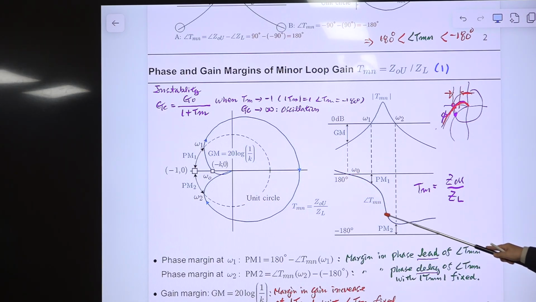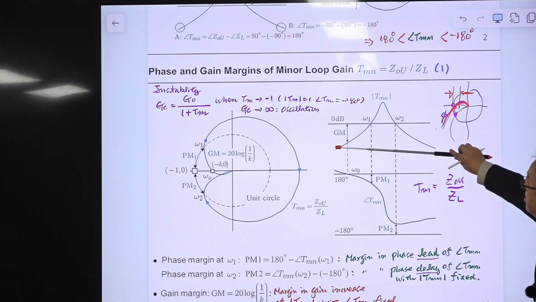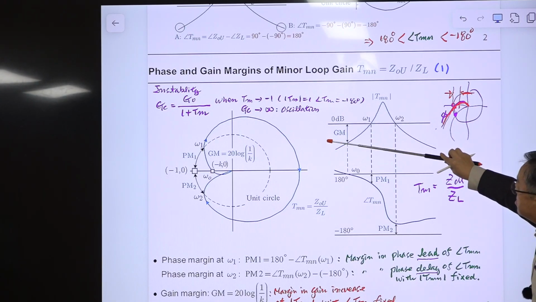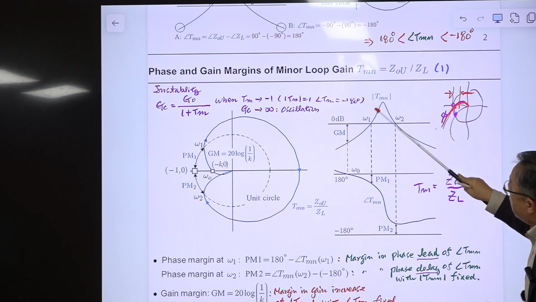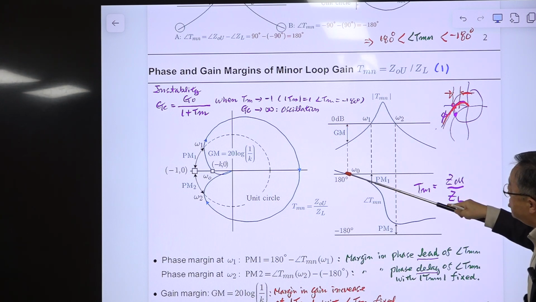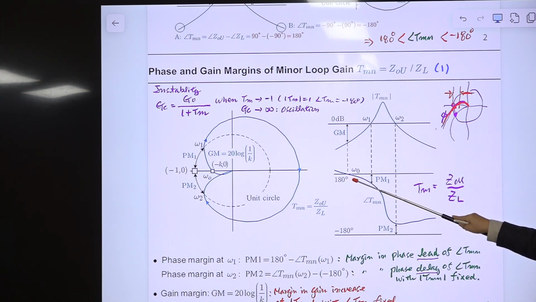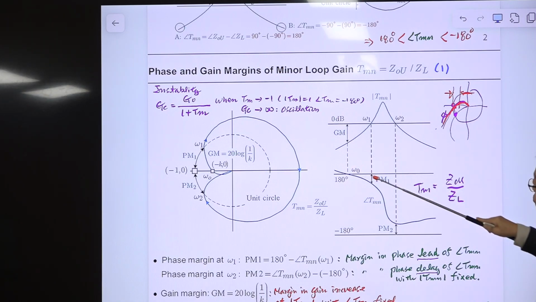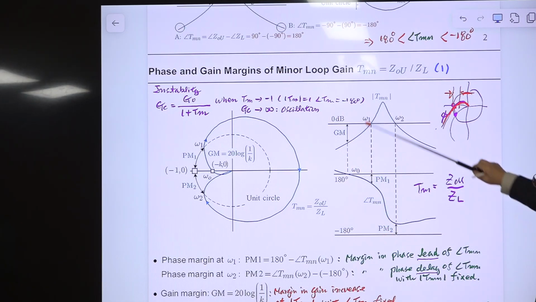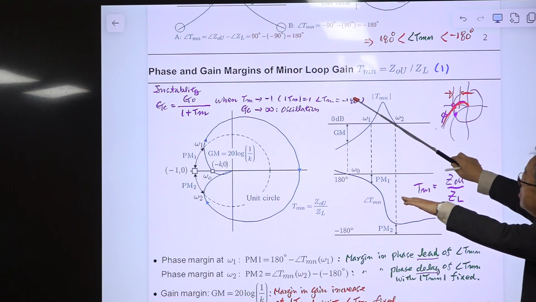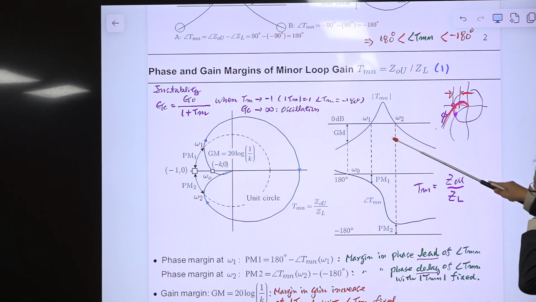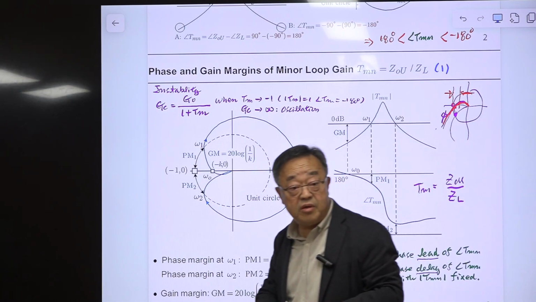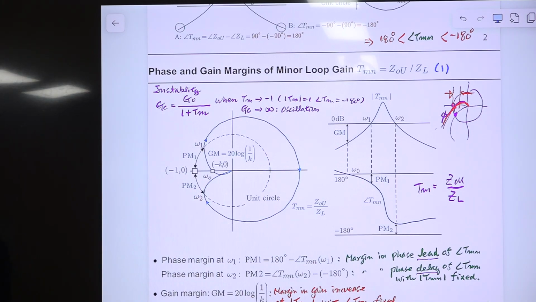Okay, so now phase is fixed. This one is fixed. Okay, so then this is increasing. This is increasing, not decreasing. This is increasing this much. Then at this frequency, where this magnitude curve passes 0 dB line, phase becomes 180 degree, becomes unstable. Right? So this is the gain margin. Phase margin 1, phase margin 2. All right? If you reduce this gain, okay, forget about that. If you reduce further so it goes below this, then there is no problem. Okay, so these three numbers are important. So this defines the relative stability of